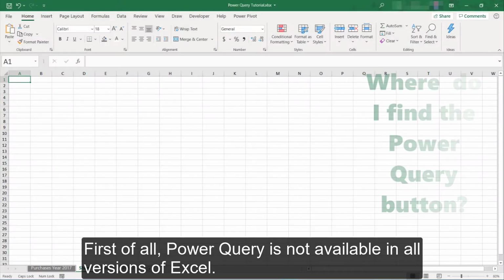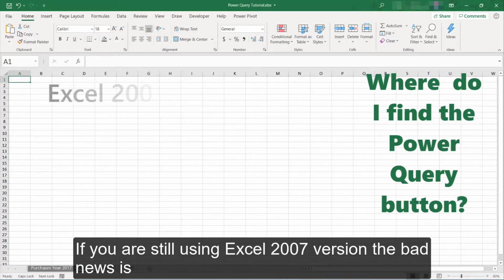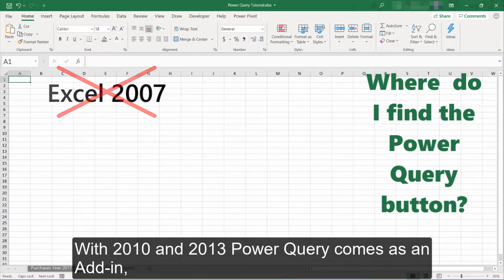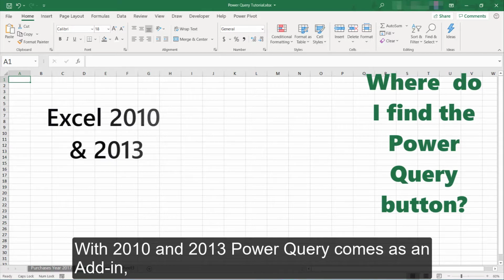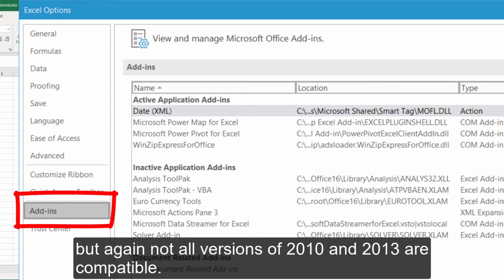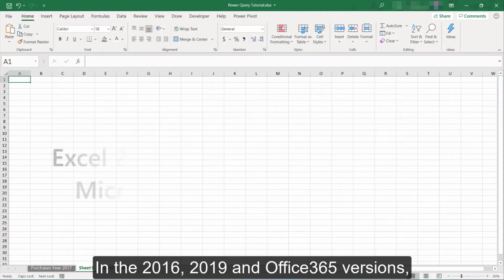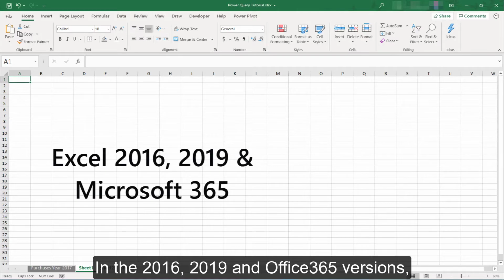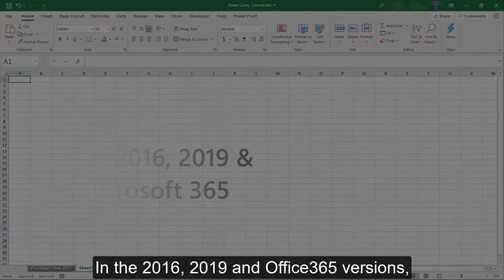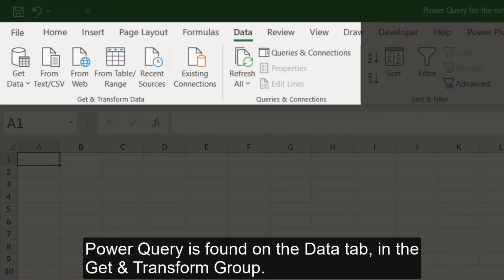First of all, Power Query is not available in all versions of Excel. If you are still using Excel 2007 version, the bad news is that you don't get to play with Power Query. With 2010 and 2013, Power Query comes as an add-in. But again, not all versions of 2010 and 2013 are compatible. In the 2016, 2019, and Office 365 versions, Power Query is found on the Data tab in the Get and